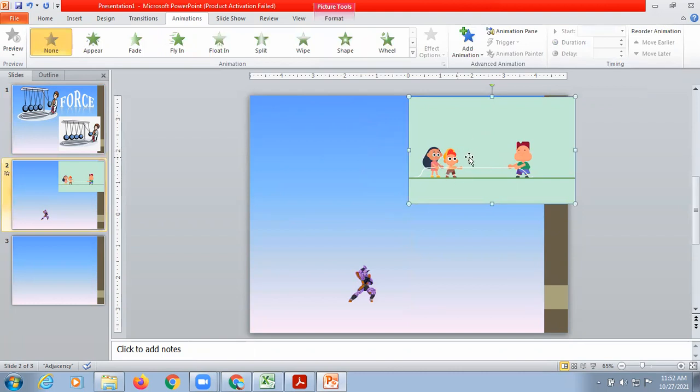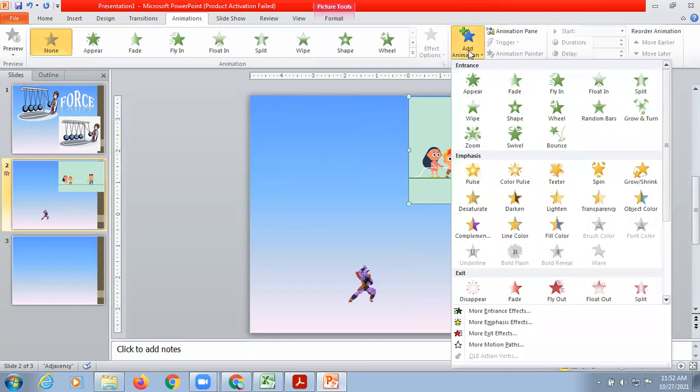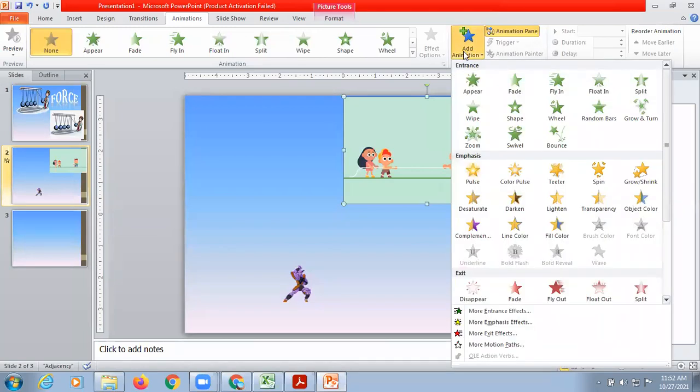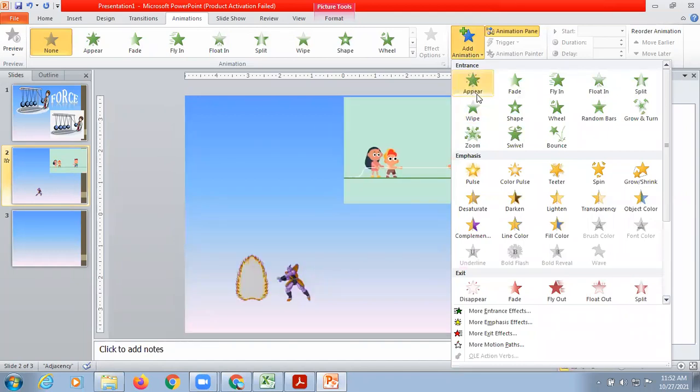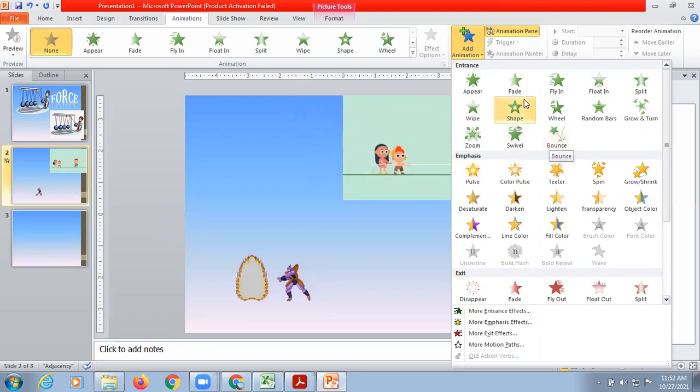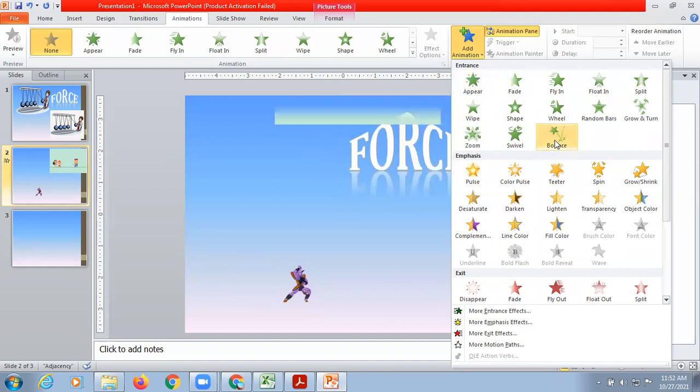This is the content of my slide. I can give effects to this. I can go to Add Animation, click on the Animation Pane first, so that all your animations appear here. Now click on Add Animation. Now you tell what the entrance of this image will be like. This is for entrance. So what kind of entrance do you want? I want it in a wheel shape or random bars or grow and turn, or what type of animation you want, zoom in or scroll or bounce. Whatever you want, you can choose that.